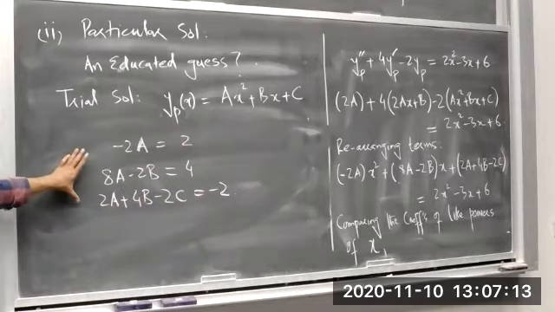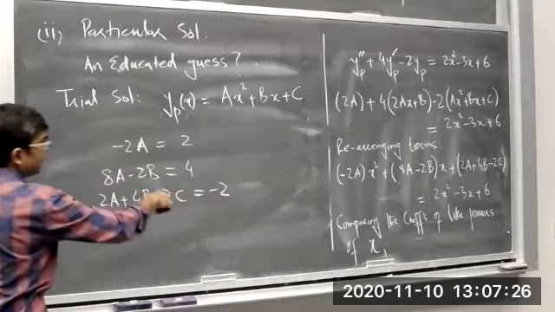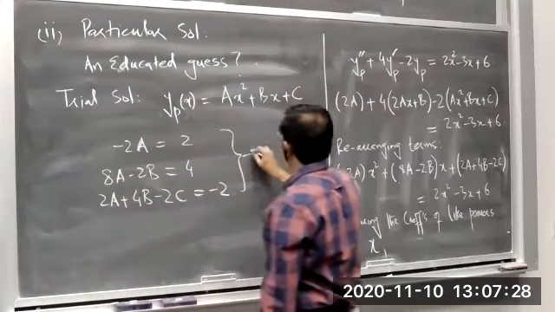Now, what is this? This is basically a linear system in unknowns a, b, c, which we can solve. We can solve it simultaneously, as well as we can write this linear system. This is your linear system